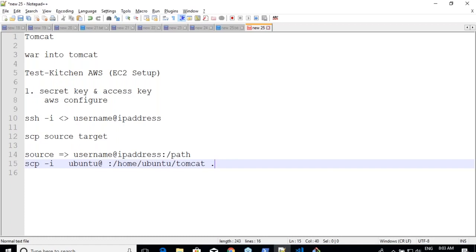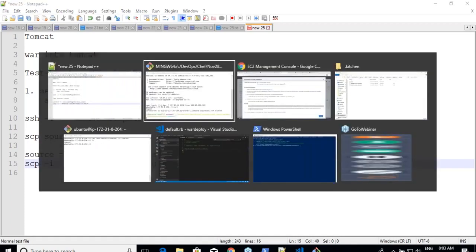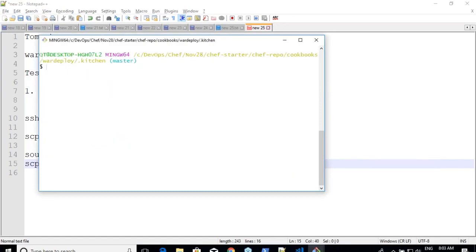Shall I try this? Okay. Good. Now I'll just execute the same command. Okay, scp -i, colon home, tomcat7, and I want tomcat7 to be copied over here.